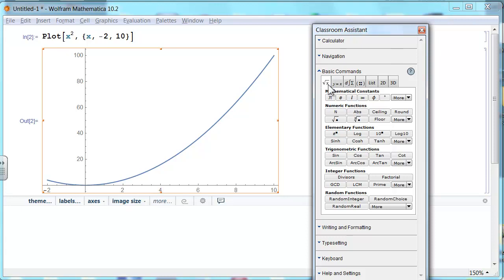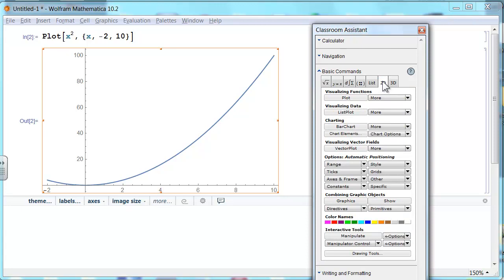Here's the basic function commands, the basic equation solving commands, the basic calculus commands, the basic matrix commands, list commands, 2D plotting commands, 3D plotting commands. What we're doing till Calc 3, we're using the 2D plotting. So the slickest way to do this is with the